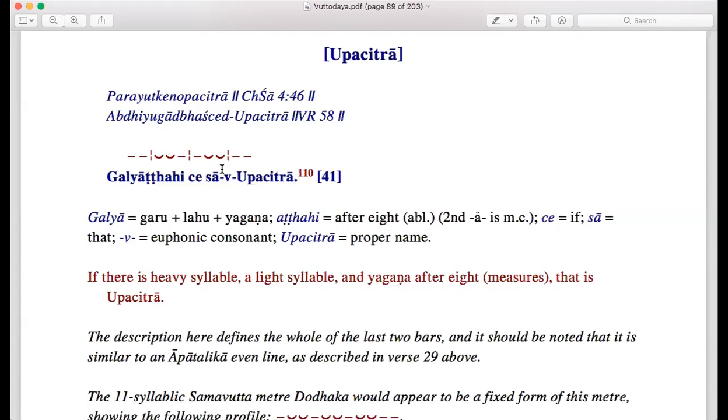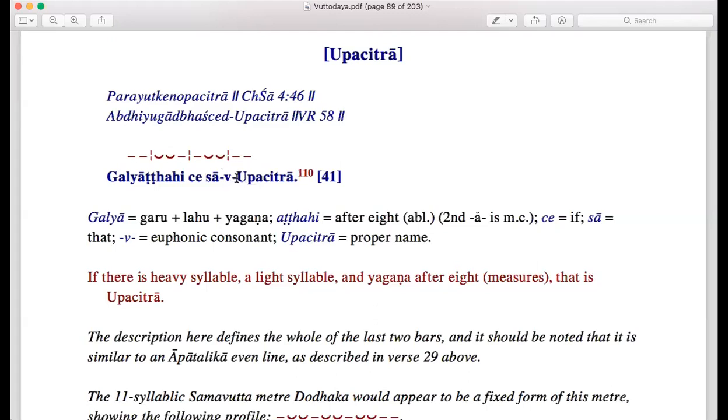Yes, we could say that if there was one more vowel here after V. If there was one more vowel here after V, then sa is 2, and va with a vowel is 1, and u here is 1. Then it would be a bhagana. You are correct. But the problem is that here there is not a vowel after V. So we should add this V with U. So V and U is 1 syllable.